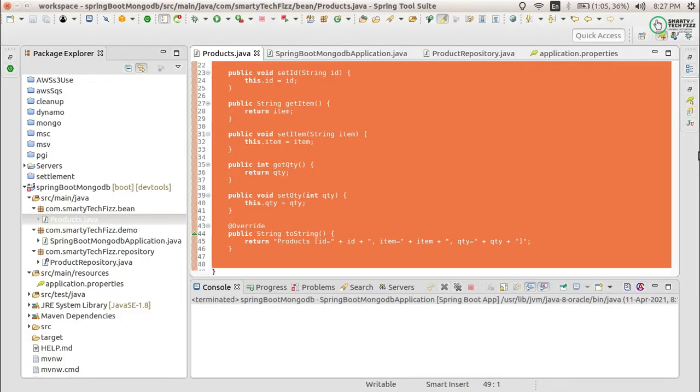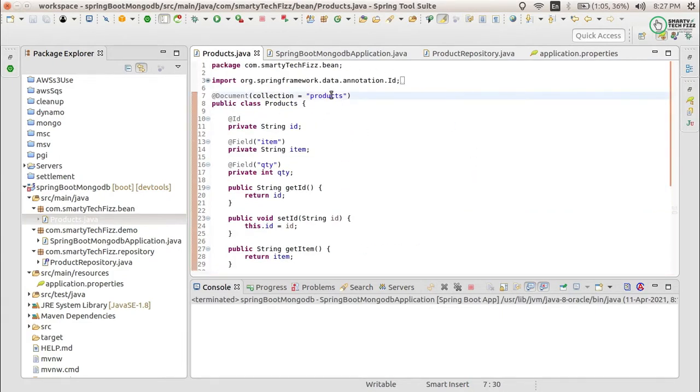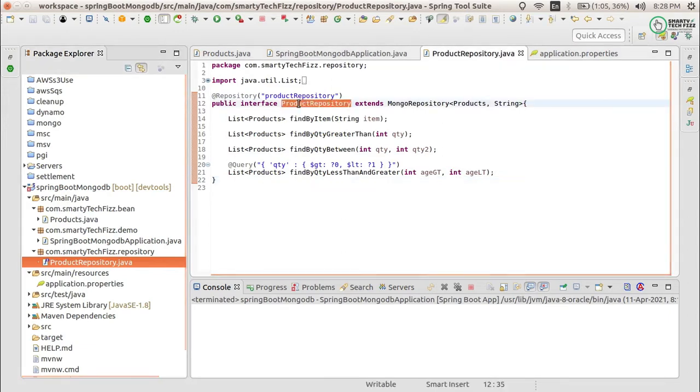Fine. Next, as I have to perform operations on the product, this is the product, but that should be contained by some repository. This will be an interface where I can define all the methods and all the queries which I want to perform.